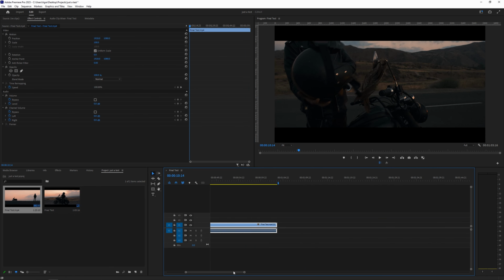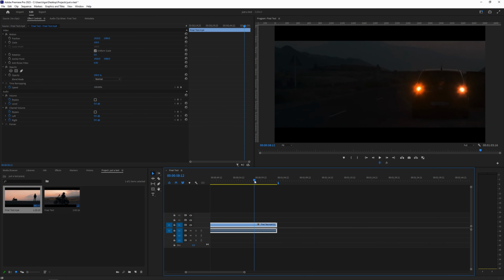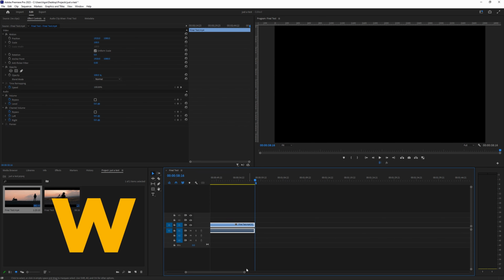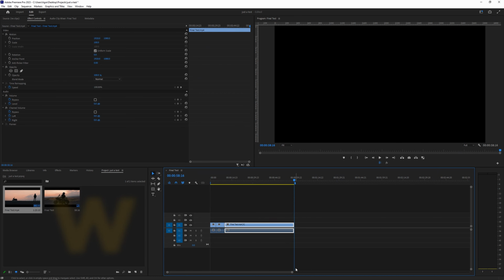And let's assume that, I don't know, we want to finish somewhere here. I'm going to press again W, so everything to the right of the playhead will be removed. Now you can see how this simple 3 keyboard shortcuts, the Q, W and E, will save you a ton of time once you start using them in your edits.